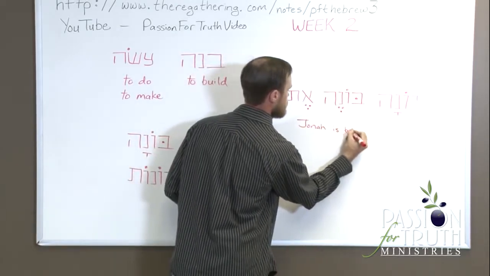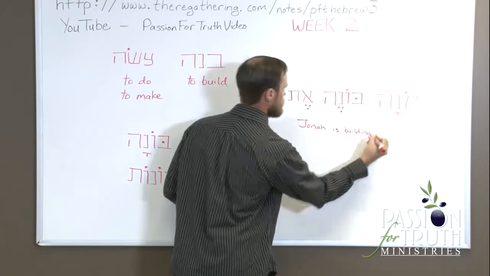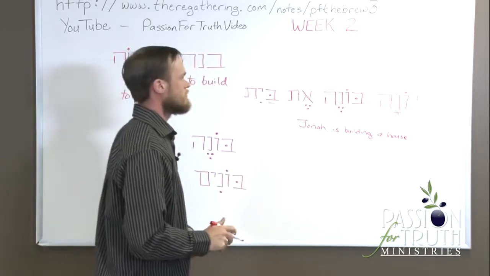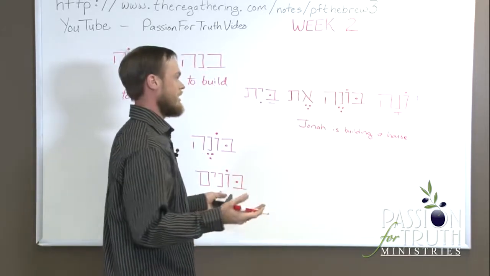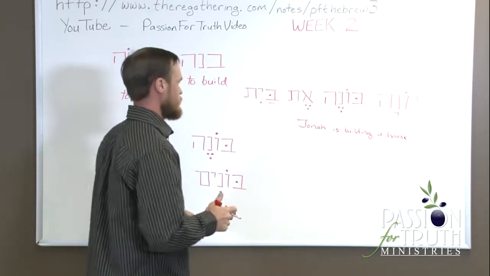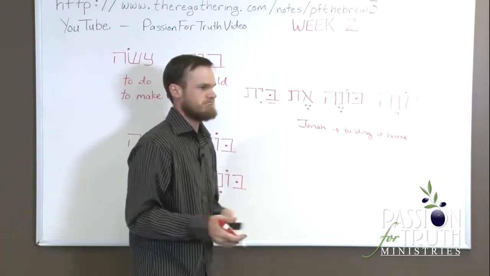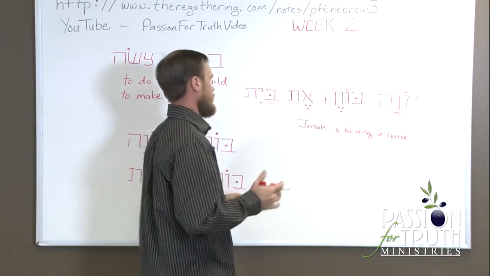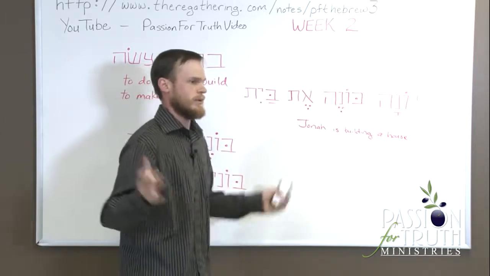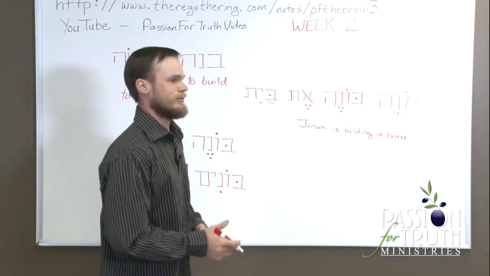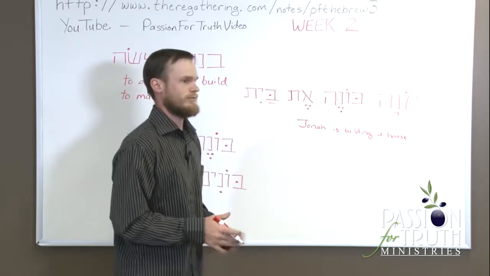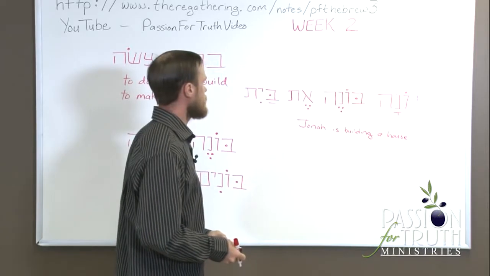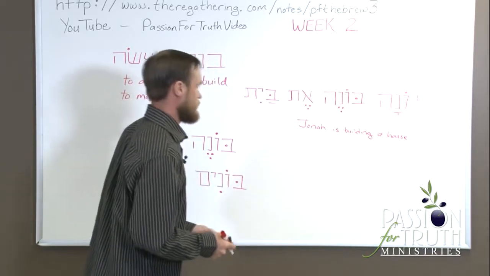So if you had written Yonah boneh et habayit, it's Jonah's building the house. Right. Is he building a house or is he building the house? Usually you'll say the house, just because it's a little weird to just offhand be talking about the fact that Jonah is building a house. You're usually kind of focusing in on the house. So, Jonah is building a house. How about